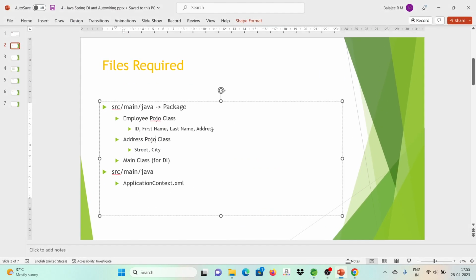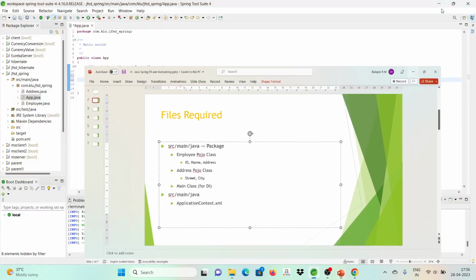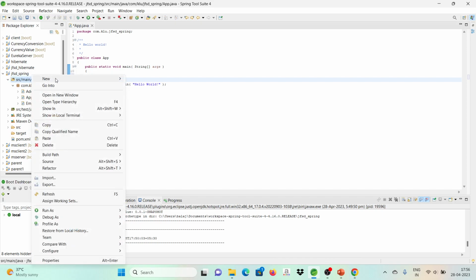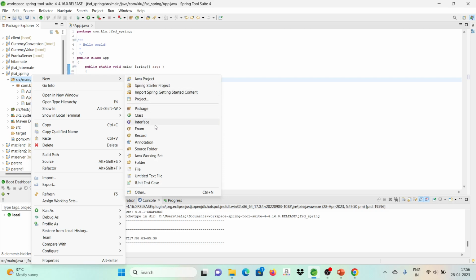And also we are only going with the field ID, name, and address. Okay. Now my Pojo class is ready. The main class I have to work, but before that I have to fill the other side, the actual value, the XML. Where you have to create, that means outside of the package. That means under src main Java, just click on new and then file,